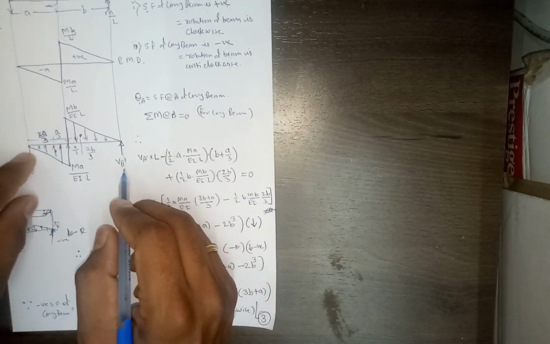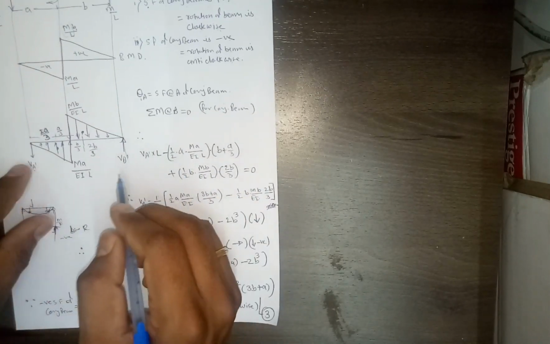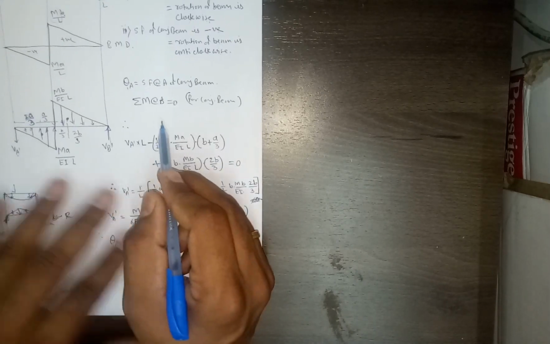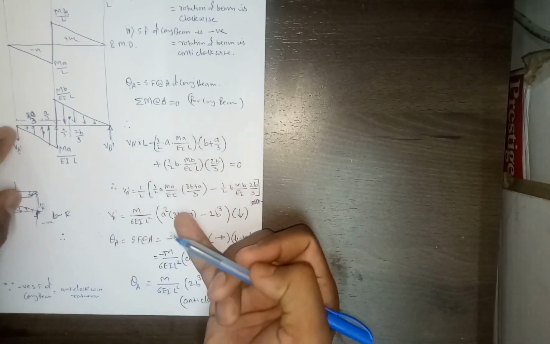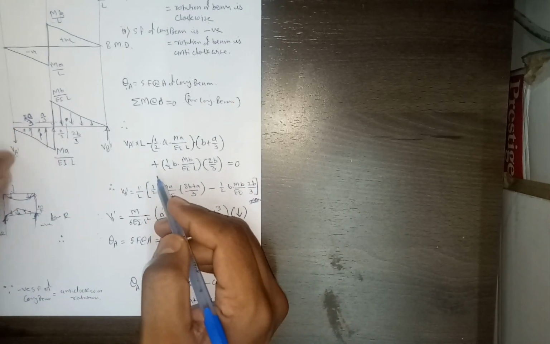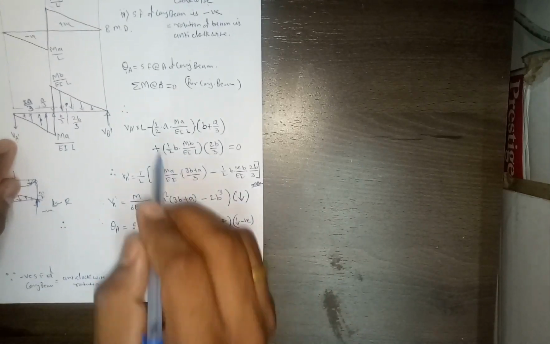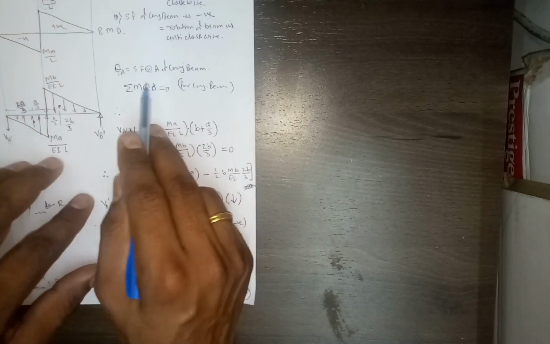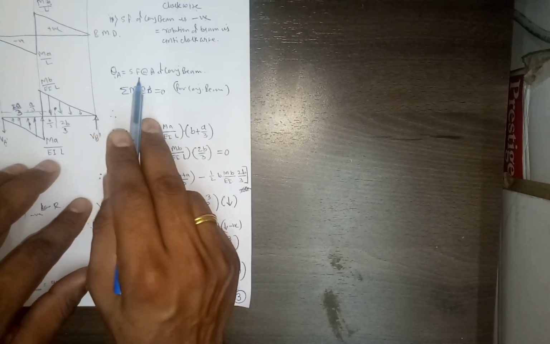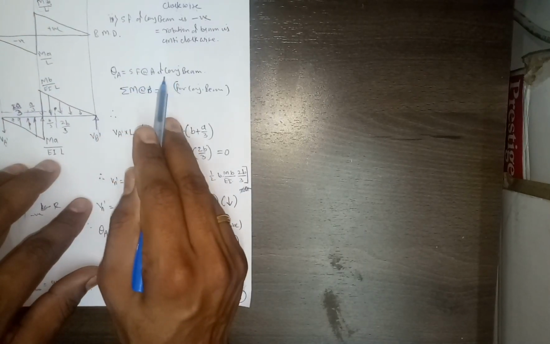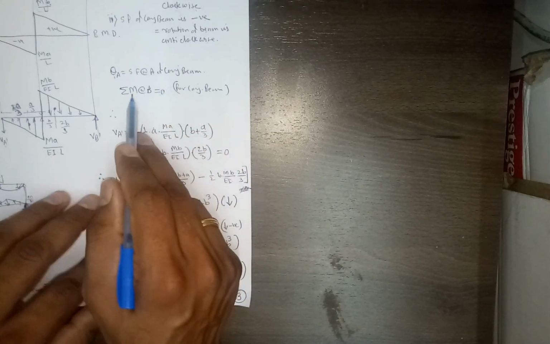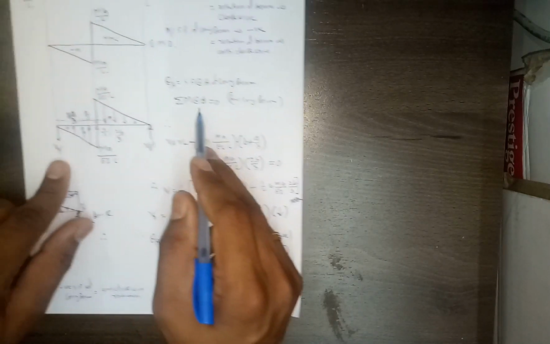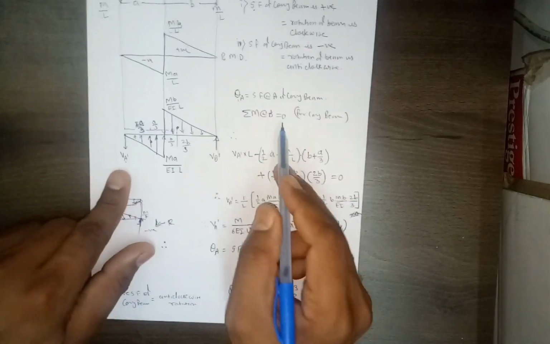Even if you assume upward, then also you'll get the same answer, since if we assume the opposite side, then we get a minus sign in the answer. But since I am assuming downward, it will be a positive answer. So now theta A is equal to the shear force at A of the conjugate beam, and then we have to calculate VA. So this VA is equal to,